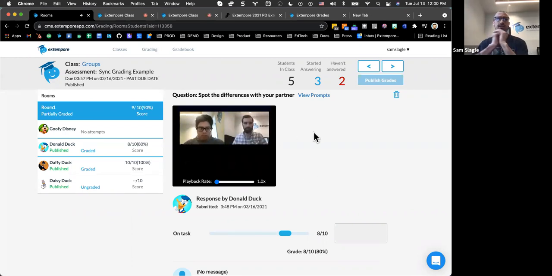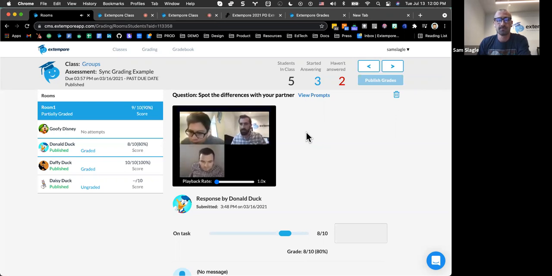See my old hair. Hey, Donald. Hey, Daisy. Oh, hey, Daffy. All right, it looks like we're supposed to expand the image and then spot the 7 differences. When you spot a difference, be as specific as possible so that we can explain what is the difference here. Oh my. So,